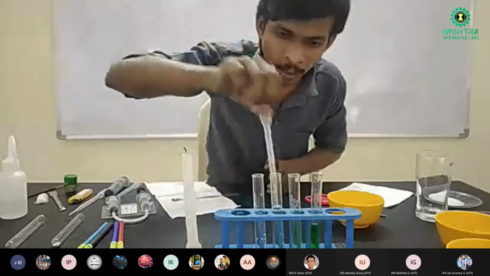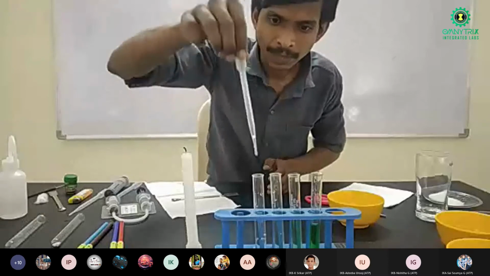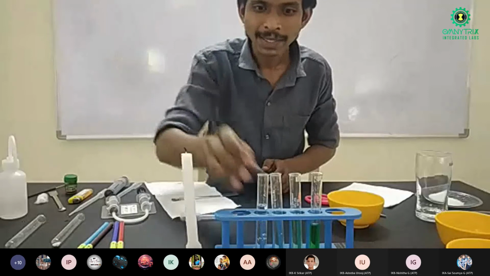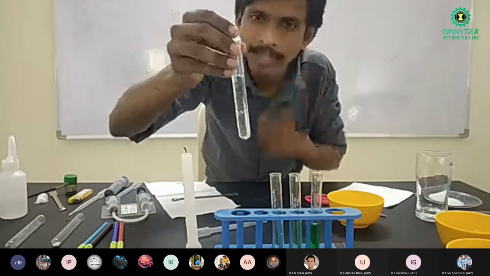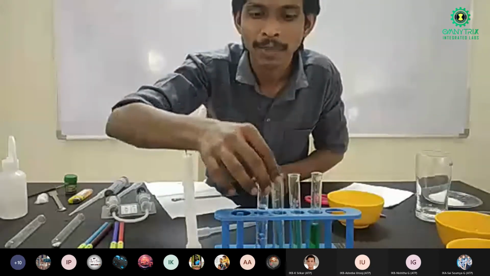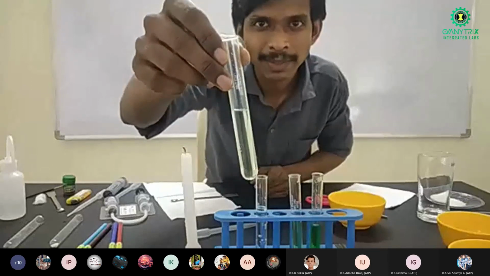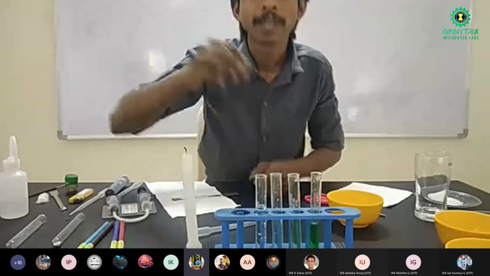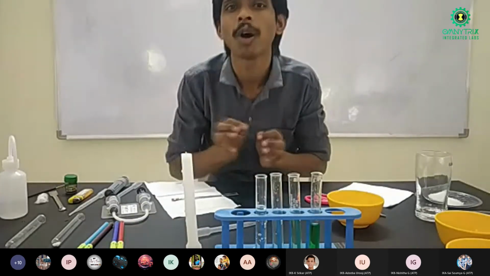So if I take 2 ml more from this, and if I drop it in here, we can't see, but still there are small green color particles present in this. We are unable to see, but still they are there. At least in the previous one we can see that green shade. Clear? So the particles are very small.